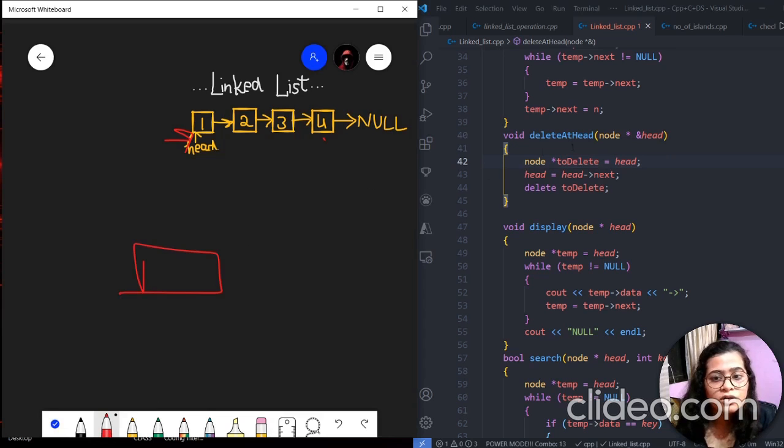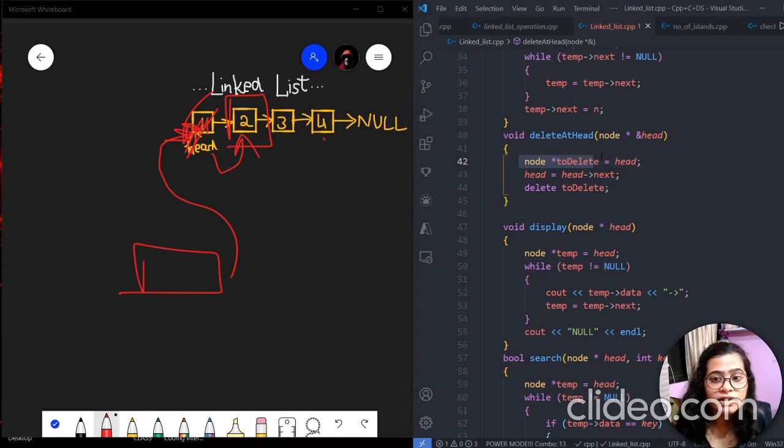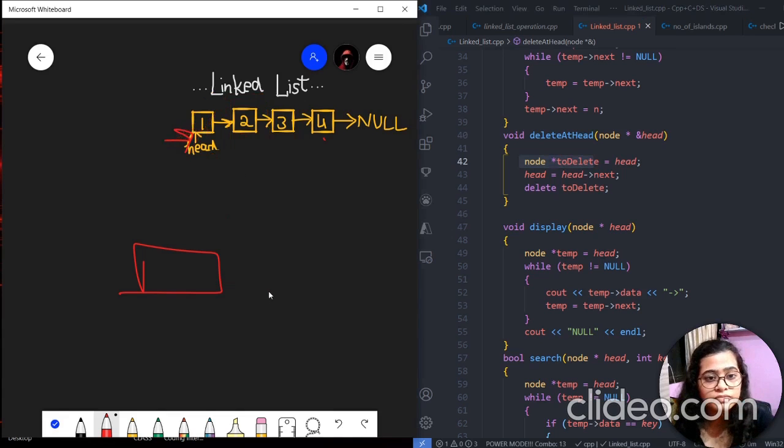Then head is pointing to head's next, and then we will delete the node, because we cannot delete directly. We have to make head point to something else, because we have to make the next node the head after deleting this one. So we make head the next node, and afterwards we delete the node to delete.